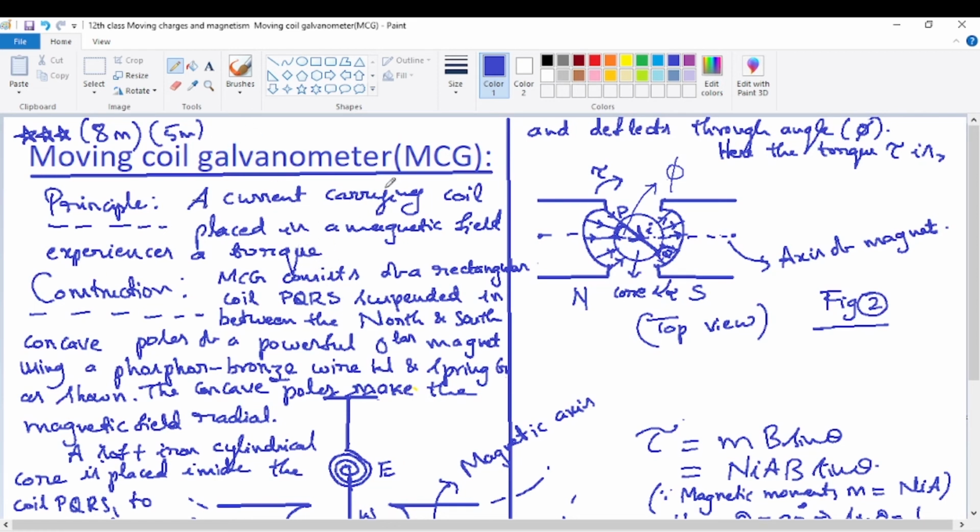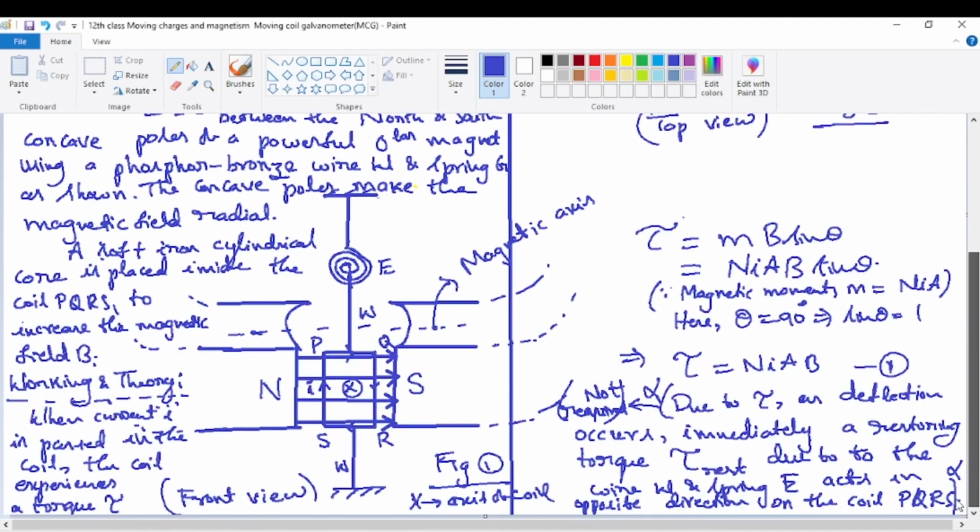So this is the moving coil galvanometer. The entire explanation is completed: the first principle, then construction, as it is, as we have seen in the explanation, I have written. So two diagrams. This is figure 1, the actual three-dimensional diagram, front view. Here x denotes the coil axis, the normal axis of the coil, which is an imaginary straight line perpendicular to the plane of the coil like this. Just observe the cursor compulsorily, perpendicular to the plane of the coil, directed into the plane of the coil, that means into the plane of the screen here.